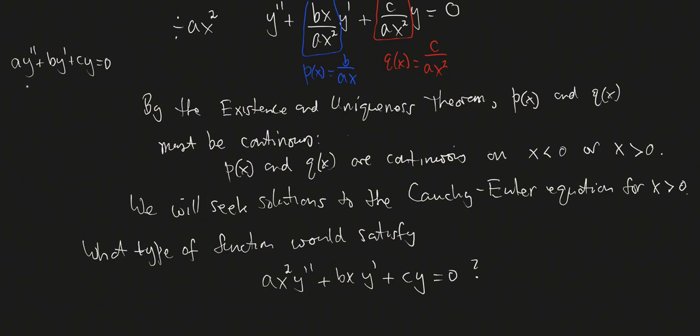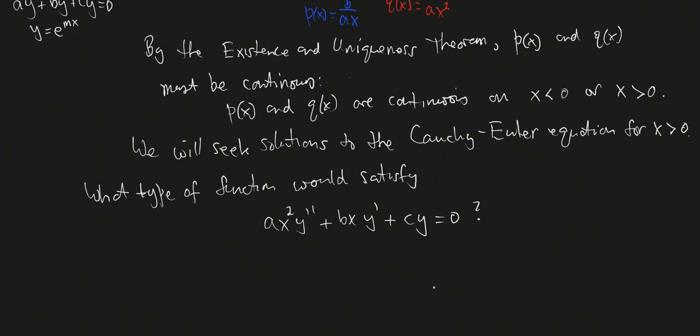And that's how we ended up, remember, we tried this. Based on that pattern, we said it would have to be some kind of exponential function. I just don't know what that coefficient of the exponent is. So that's kind of where we are for the Cauchy-Euler equation. What type of function would basically have this pattern? And let me write it down. What we require is we would need cy,